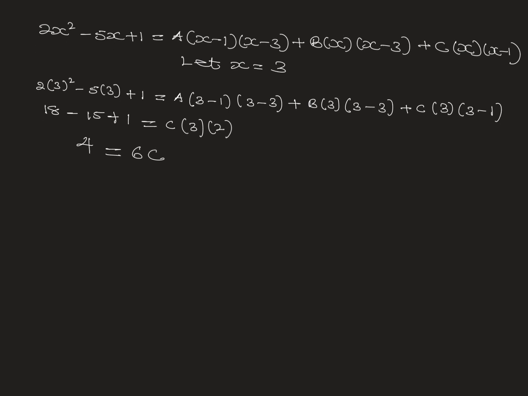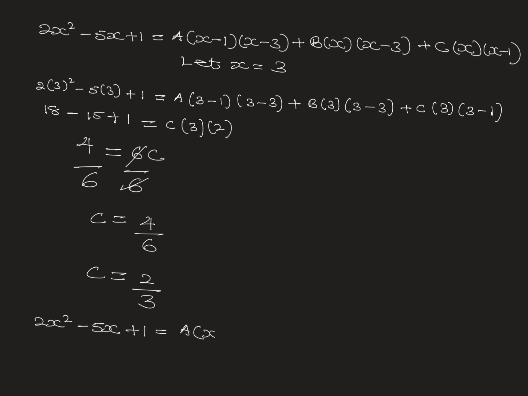To find c, we divide both sides by 6. So therefore, c is equal to 4 over 6. And that is going to be simplified as 2 over 3, because 2 into 4 is 2 times, into 6 is 3 times. Okay? So using 2x squared minus 5x plus 1 is equal to a into x minus 1 into x minus